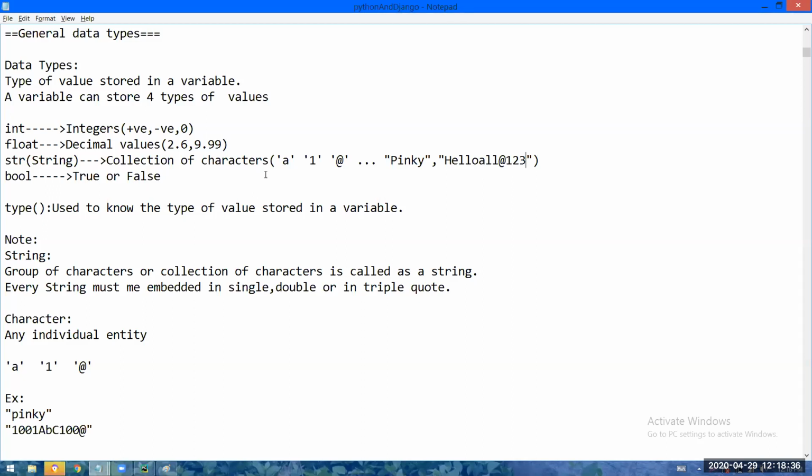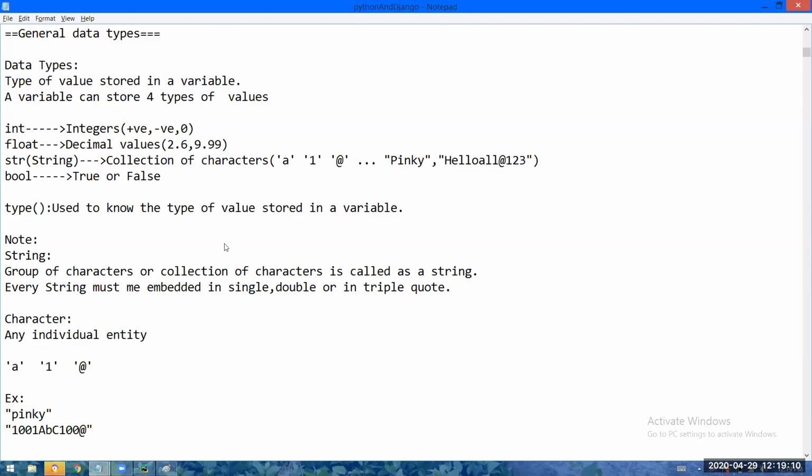So a group of characters is called a string, and strings are represented by the str data type. And true or false is represented by the bool data type. Integers are represented by int, decimal values by float, collection of characters by str, and true or false by bool.